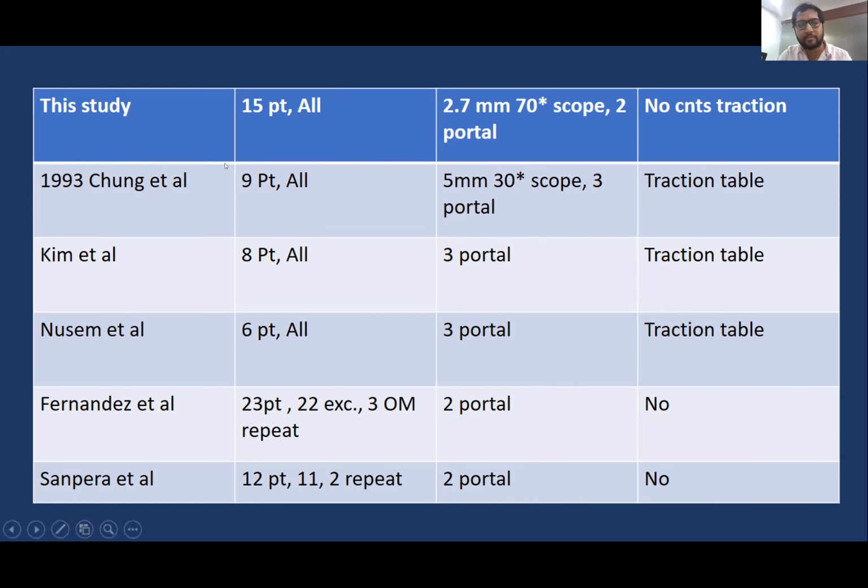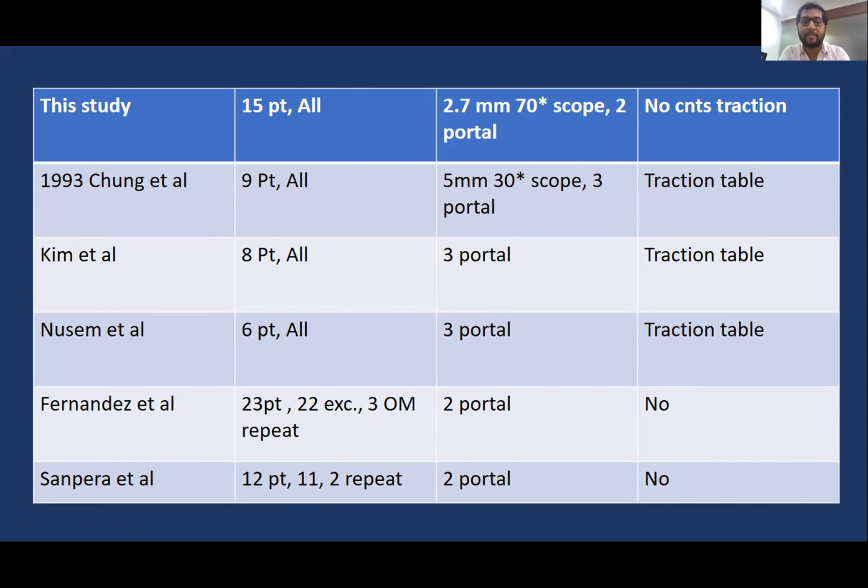The first study, in 1983 by Chung et al., studied 9 patients and used a 3-portal approach, and none of them had any complications. Another study by Kim et al. with 8 patients did not have any complications, and Nussim et al., a study of 6 patients, did not have any complications. The approach which they have used, which is a 2-portal approach with a 70-degree scope,